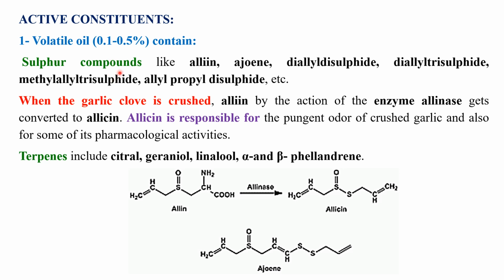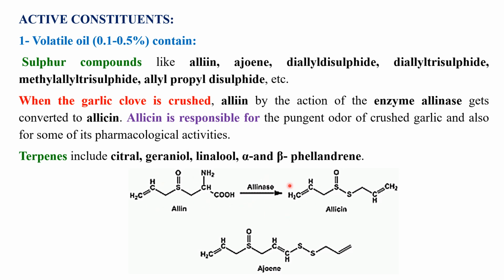Garlic is very rich in sulfur compounds, which are responsible for its odor, its pungent taste, and also its pharmacological activities. The sulfur compounds include alliin, ajoene, diallyl disulfide, diallyl trisulfide, methyl allyl trisulfide, and allyl propyl disulfide. When the garlic clove is crushed, the alliin constituent of the garlic, by the action of an enzyme known as alliinase, also present in the garlic,